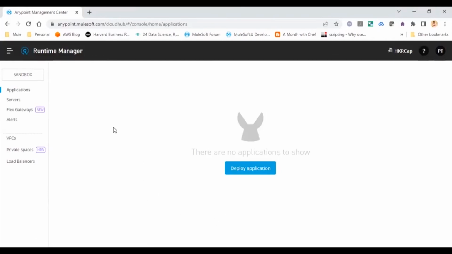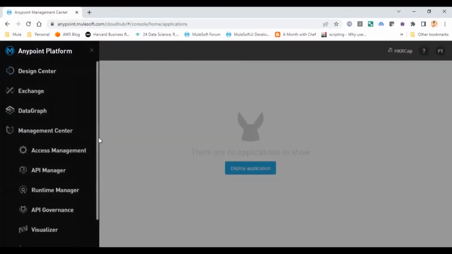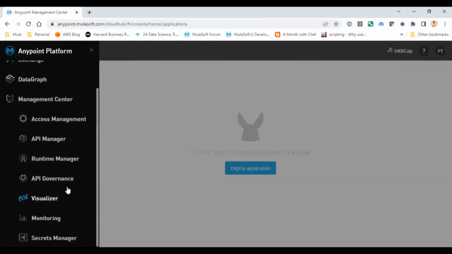So the Runtime Manager is the place where you typically deploy your applications, and it is open for other consumers to start consuming your application. Okay, that's one thing. And yeah, we do have something like API governance and some visualizer tools that you can